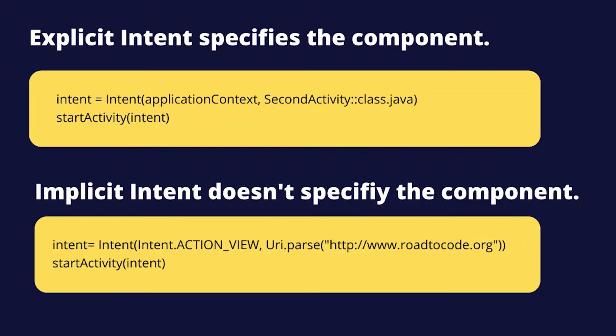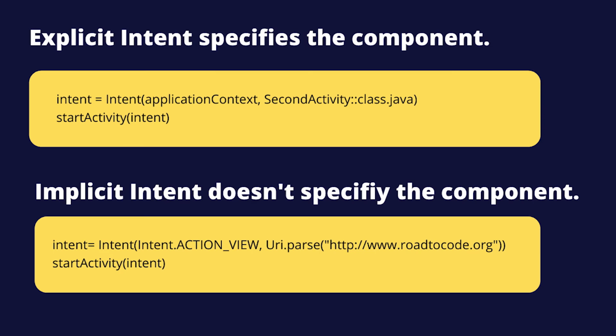Till this point we were talking about explicit intents. Now let's talk about implicit intent. For the implicit intent, we are taking the example of action view, where we will pass one URL as our destination, and our operating system will give us a choice of which browser we should use to perform the task. But it can be different for different actions.